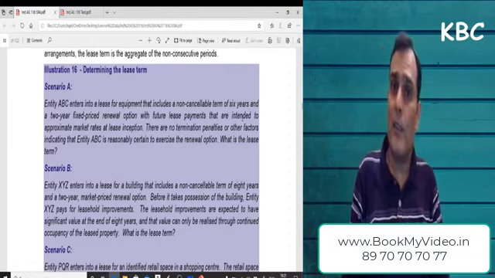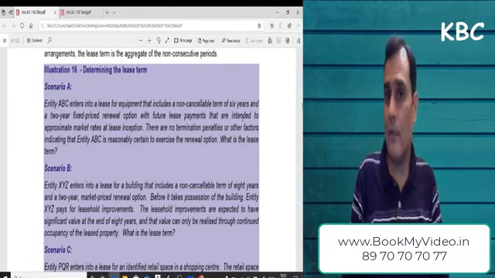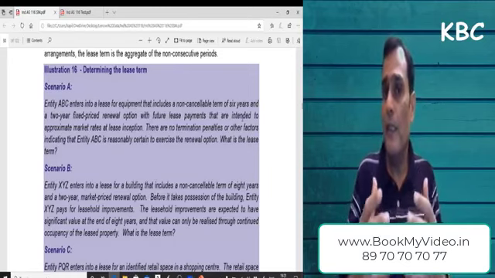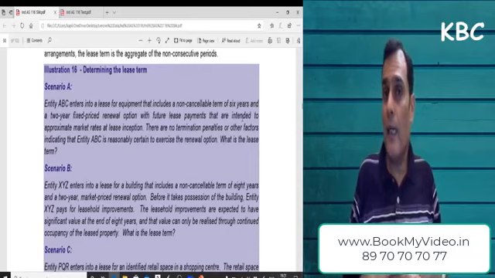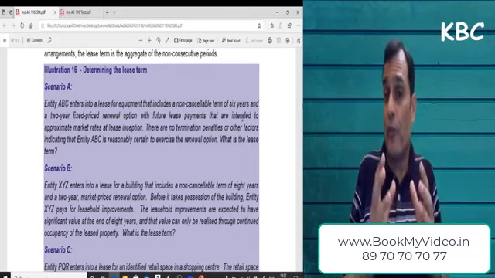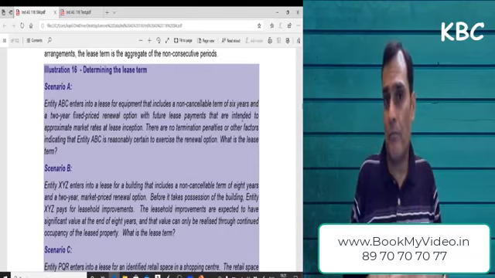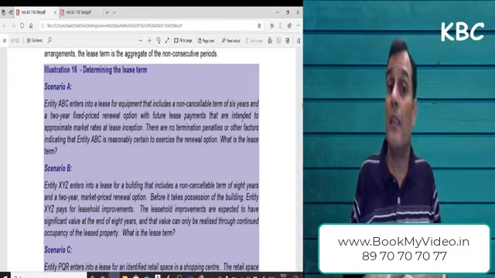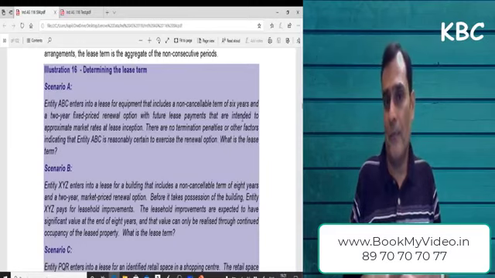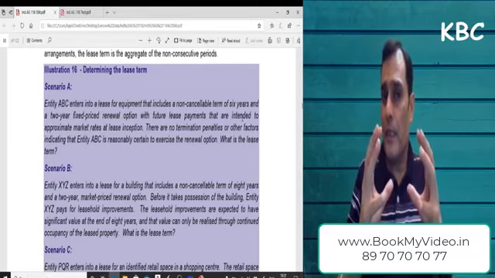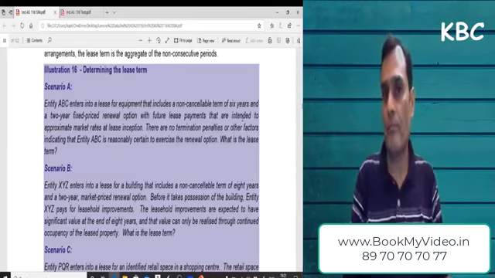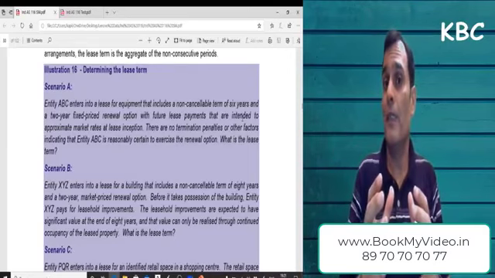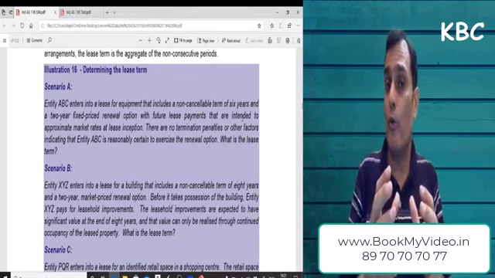Is that giving me an economic incentive to extend? Yes. If I want to get the benefits out of the leasehold improvements which I have done on the building, then I think I am incentivized to extend. So there is a reasonable certainty that the lessee will extend the lease, and in this case, the lease term is going to be considered a period of 10 years. So for illustration number 16, A and B, trust me, I'm going to make notes with you. I'm going to link up the illustration number also so that you can correlate